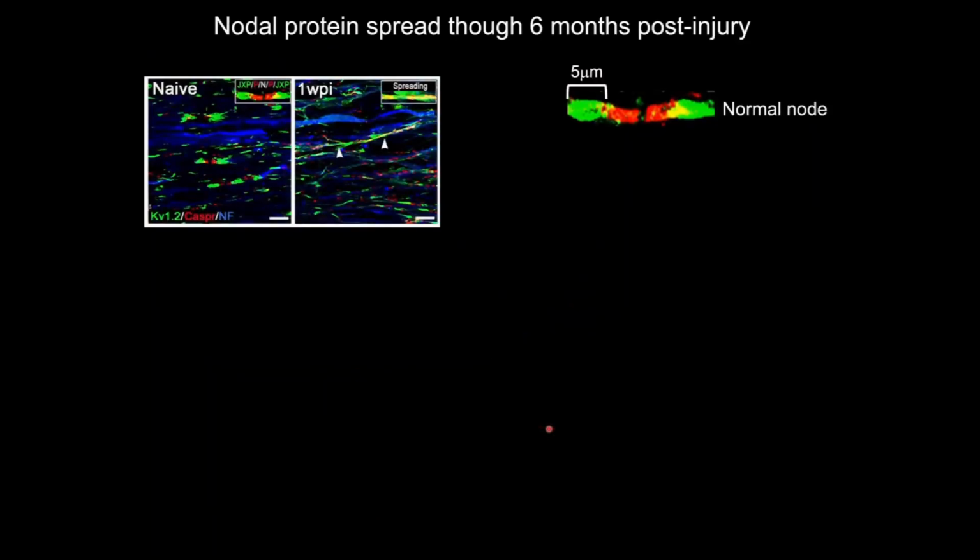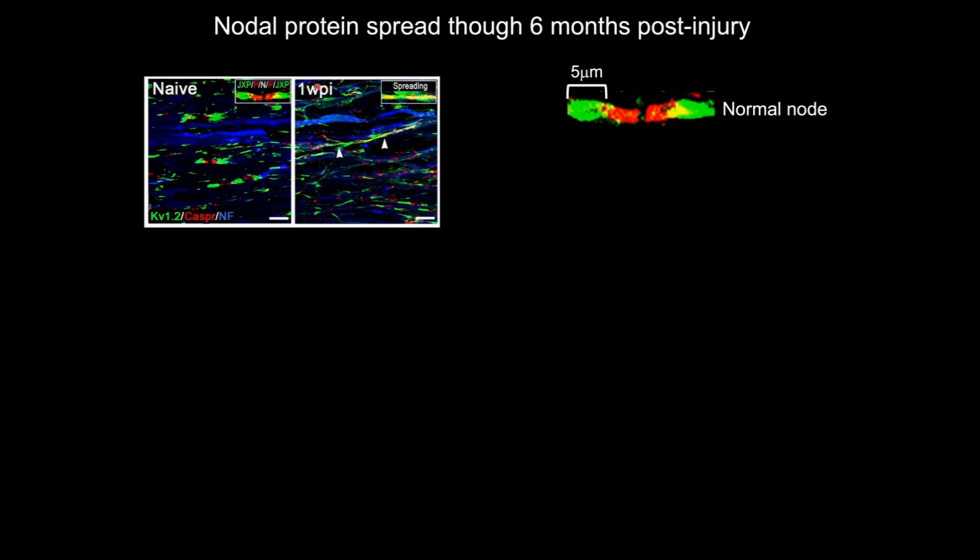So what Nikki Pukos did then was look to see if she could quantify the nodal protein changes after injury as an indication of demyelination. And so she was able to show in our normal animals, a normal node, these profiles typically are around 5 microns in length. So the potassium channels are 5 microns and the Caspr segments are also right around 5 microns. So we were able to use our online image analysis system to quantify profiles that were within this range or profiles that were significantly longer, like you would see on this example right here with this spread along the axon.